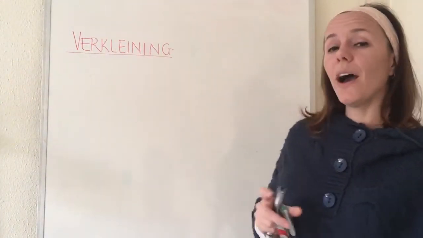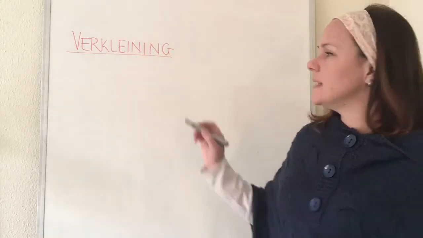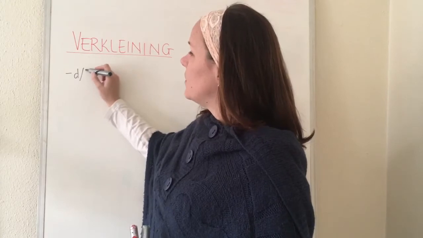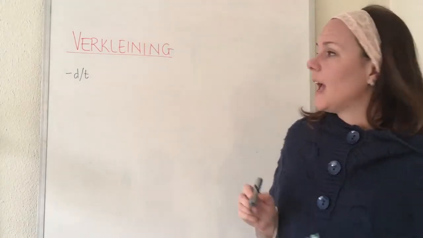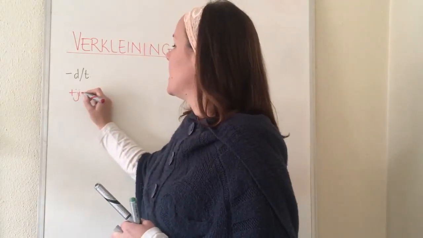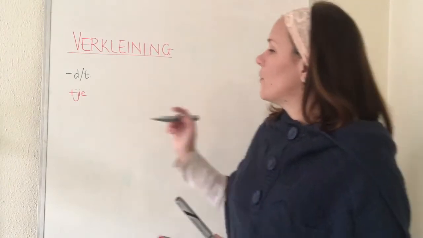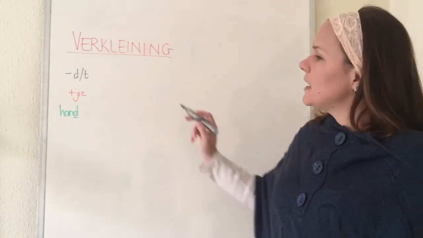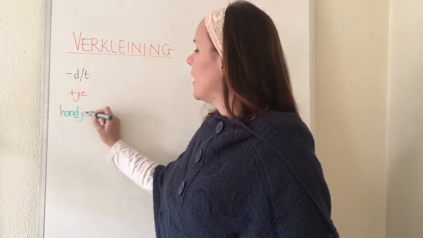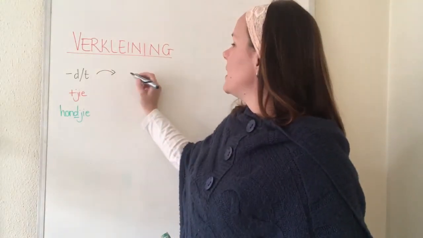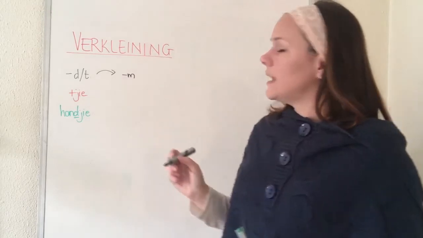Now let's get started. So our formula that we normally use is, we first start and ask ourselves, does the word end with D or T? And what the rule is in that case is that we will add J-I-E. So for example, if I had hond, hond ends with a D, so I will add J-I-E. If it doesn't end with a D or a T, then I ask myself, does it end with an